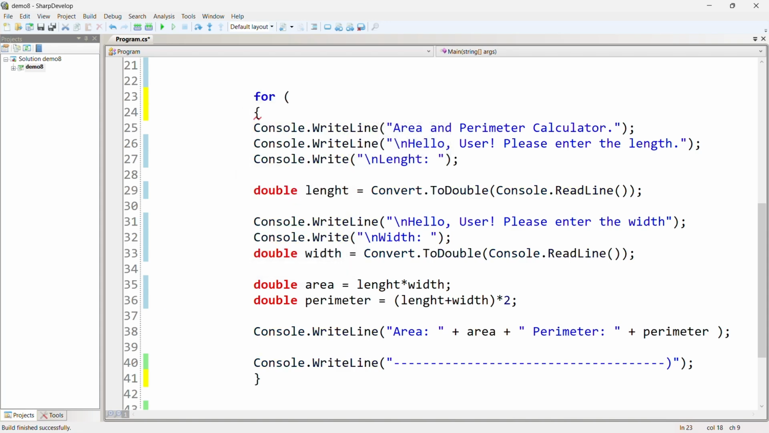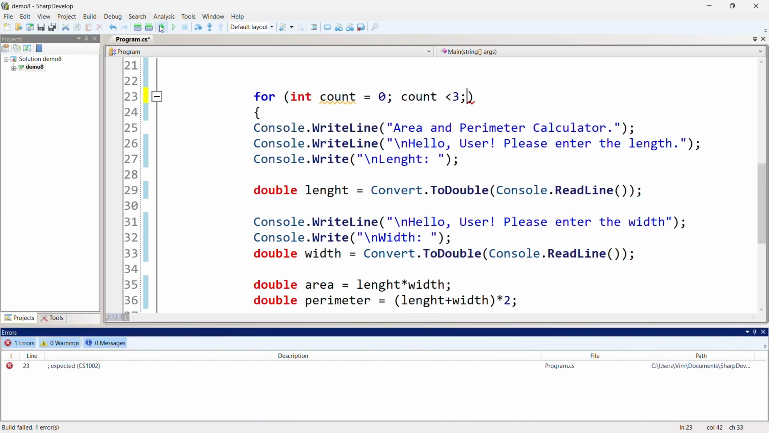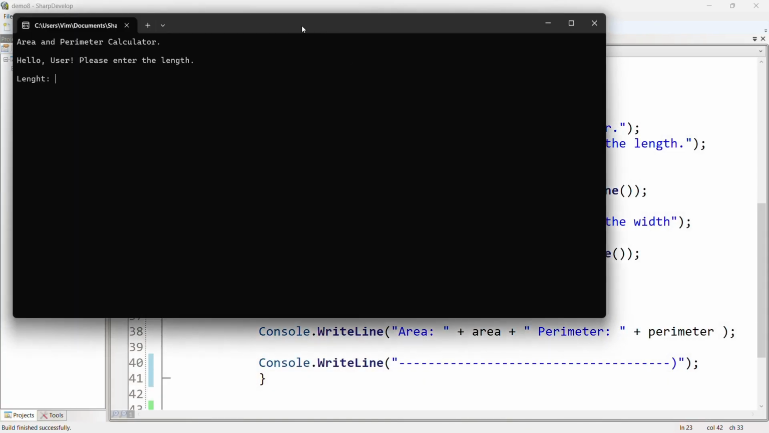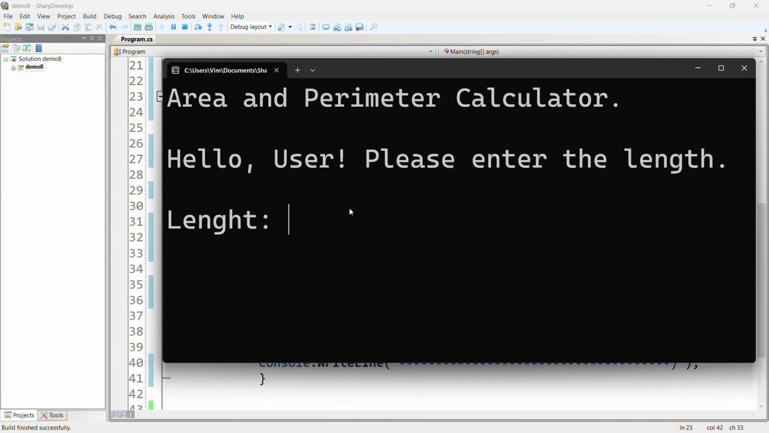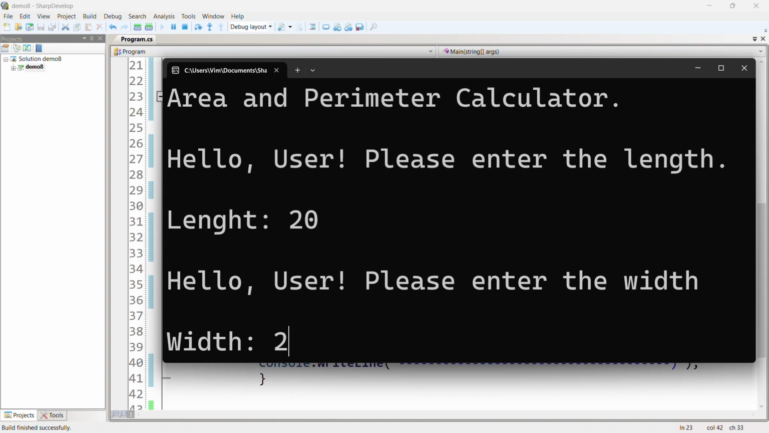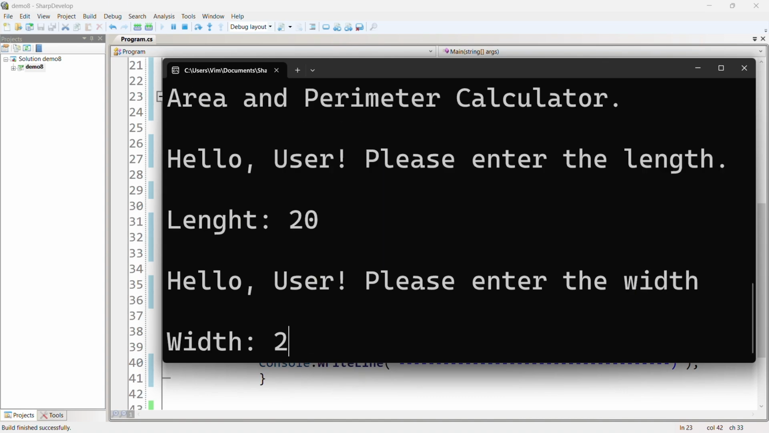So first we're gonna enclose the code in the curly bracket, and then we have the initialization. We're gonna use the variable count starting with the value 0, and as long as count is less than 3, the code is supposedly going to run. But here, since it's always going to be true that count is less than 3, the code will indefinitely keep on